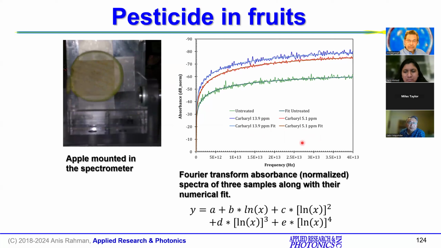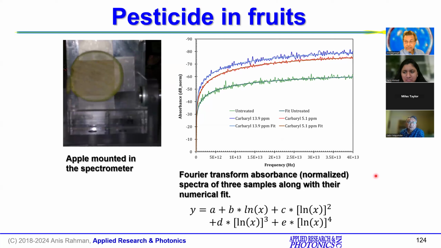Or 2, I don't know. I think 2 different slices, concentration of carbaryl. In one case, it is only 5.1 ppm. In another case, 13.9 ppm. You don't want to go too high a concentration because you want to get into the region where practically it may